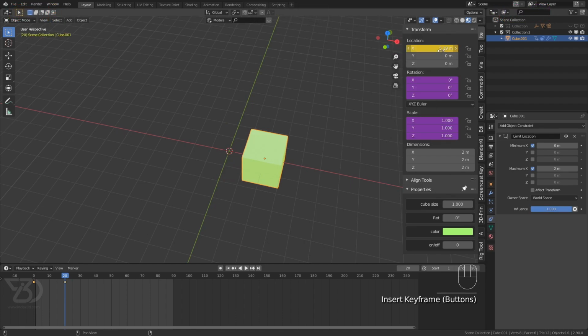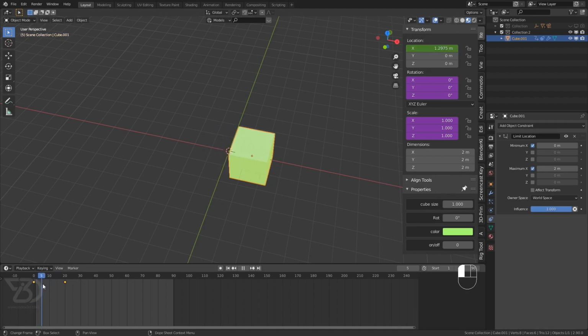I want this cube to go from 0 to 2 in 20 keyframes, but see what happens. It reached 2 meters at the 8th keyframe, and this area is just empty because this value is still animating.